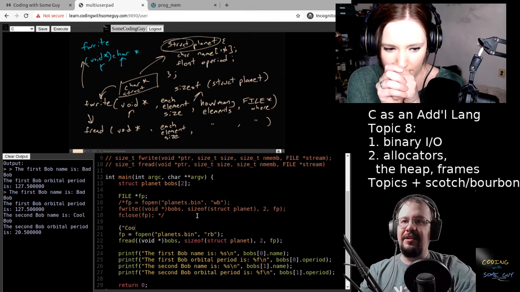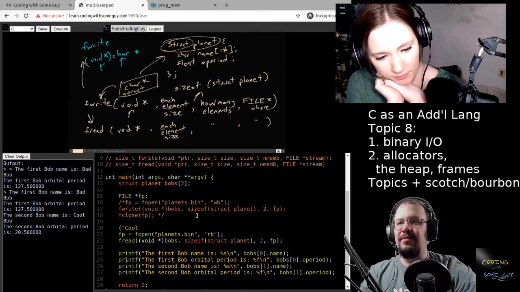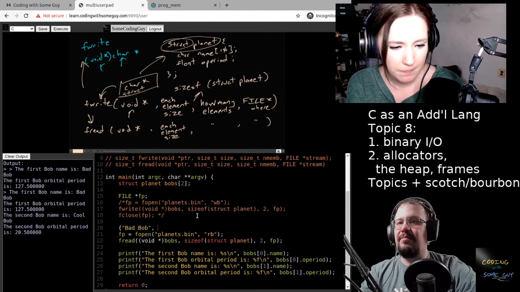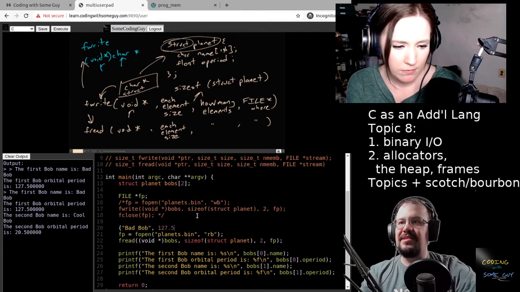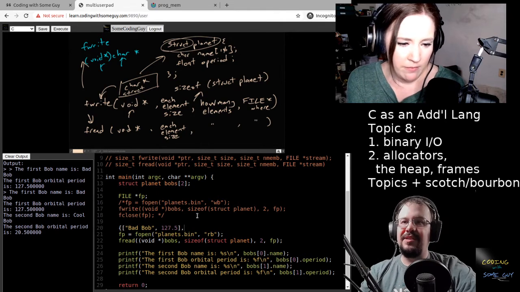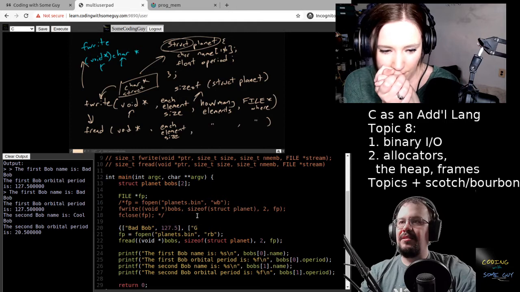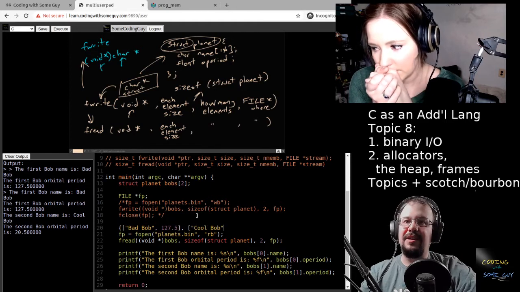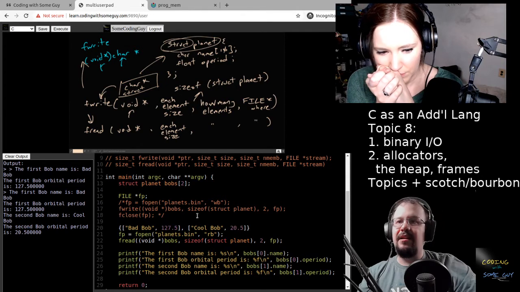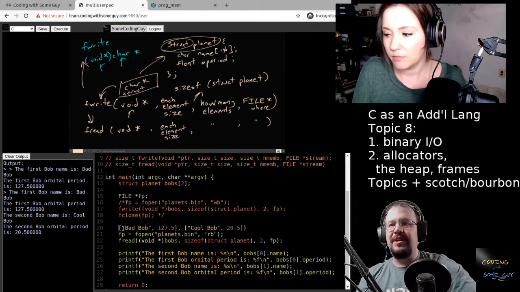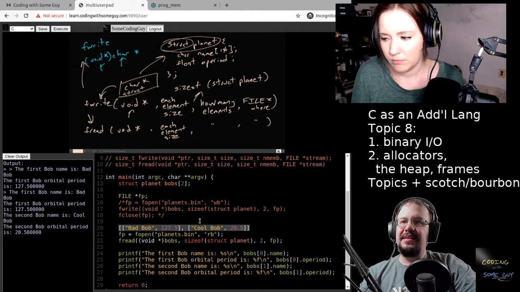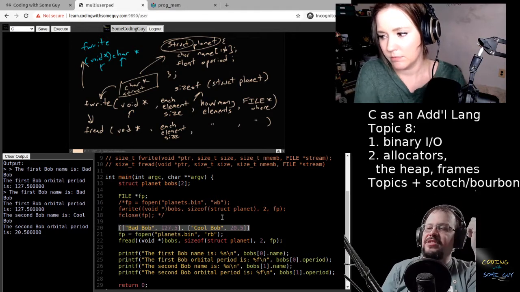So for example, in your example here, if I wrote this out as JSON, it would look something like: Bad Bob, and this thing was 127.5, and these would be entries in some sort of array, and this would be Cool Bob, and this thing would be something like 20.5. And actually this would all be an array. Sorry, this is not a hash. What's great about this is that it has all of the information there for you to be able to parse it.